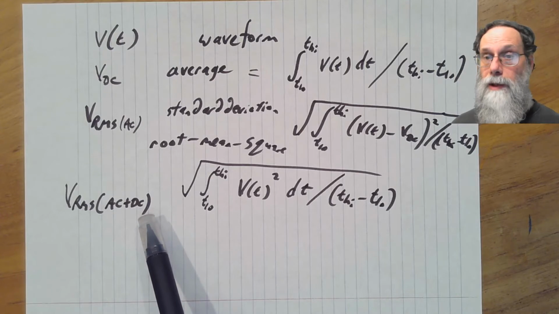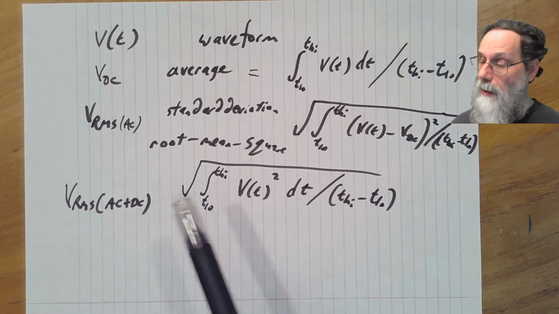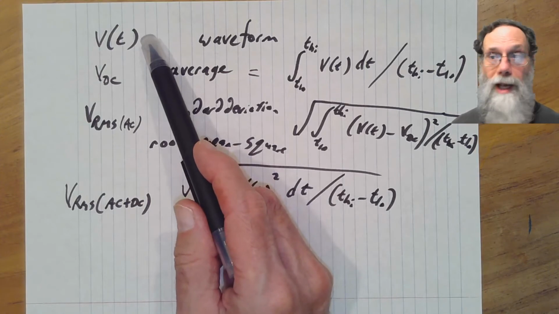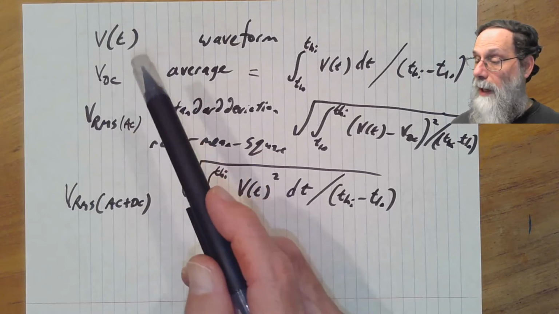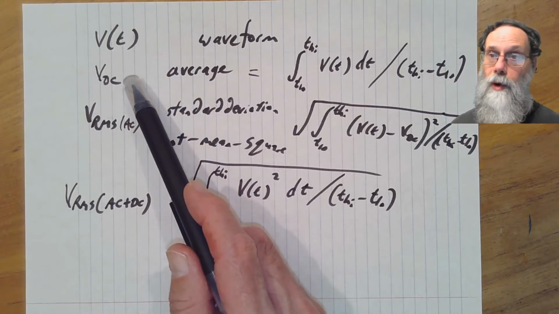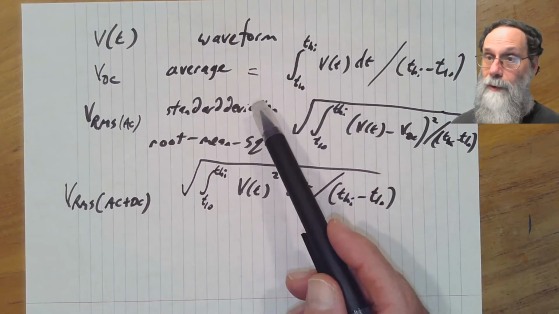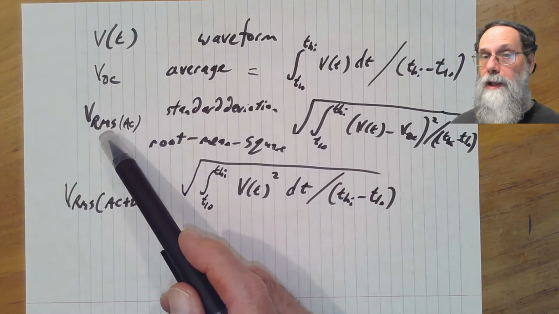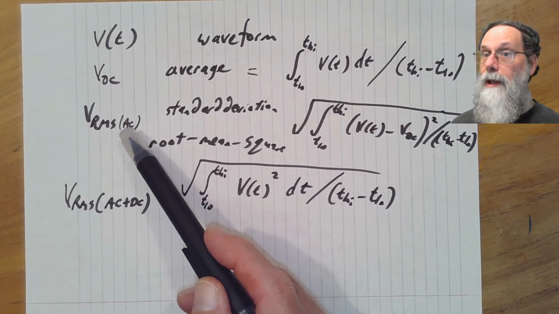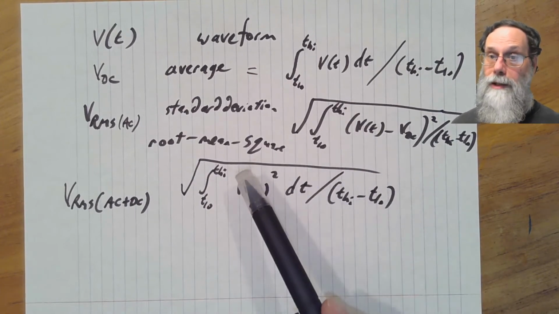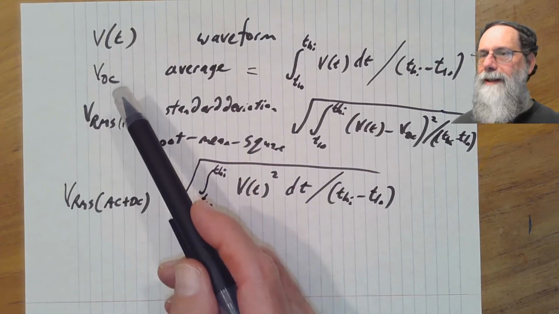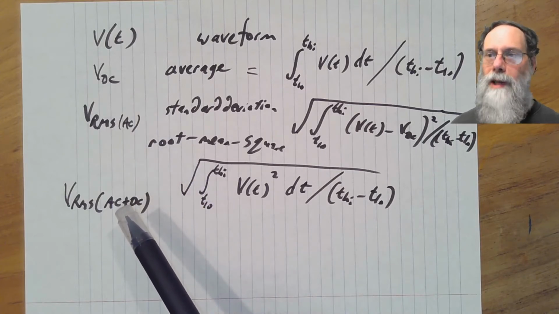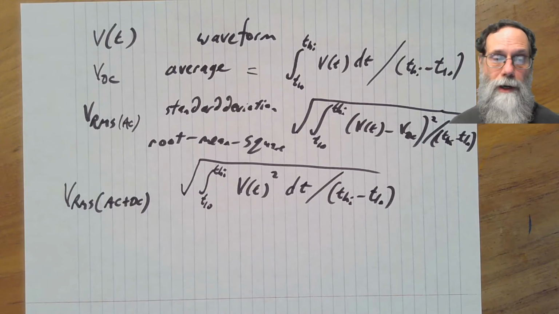The Teradek data acquisition system reports two numbers. Well, actually, it reports the waveform sampled as frequently as you've set the data acquisition system to do. It reports the average of all the ones that it's recorded, where the T low and T high are the entire recording time. And it also reports the RMS voltage, the AC RMS voltage. And again, this is done over the entire recording time. So you get both the waveform and the two most useful of the summary measurements coming out of the data acquisition system there. Okay, what else might we want to do?